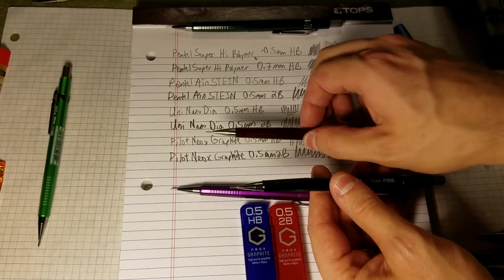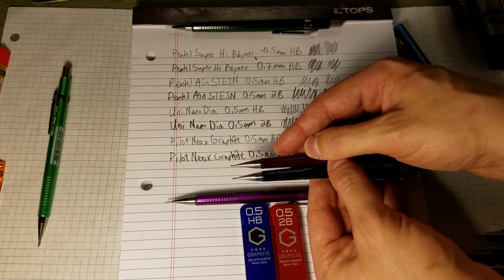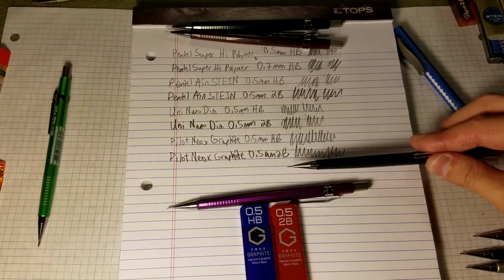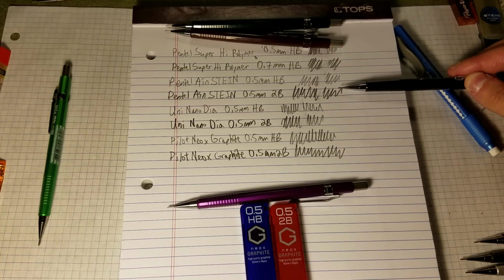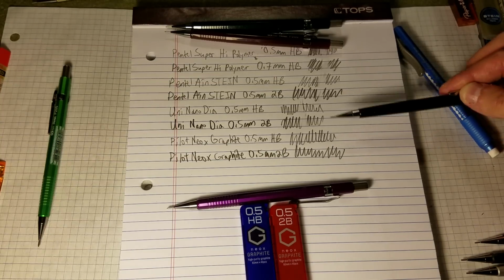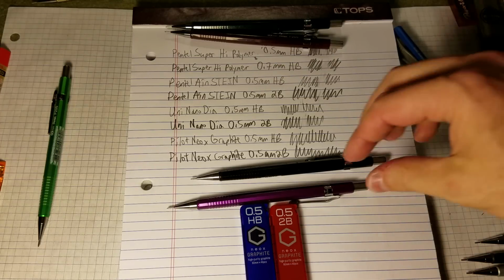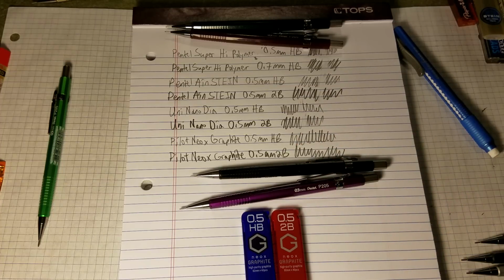Okay. And so we add the 2B on the Pentel on the top here. It wears down quite a bit, and it's almost all gone on the Pilot Neox Graphite. Now, in terms of the overall darkness of the line, I actually think the Pentel Ain STEIN in 2B is a darker writing experience than the Pilot Neox Graphite. And so if you're looking for a darker line, I would definitely recommend the Ain STEIN leads over the Pilot Neox. You're getting more lead wear with the Pilot Neox Graphite, and the Ain STEIN is giving you a darker